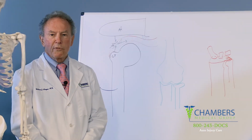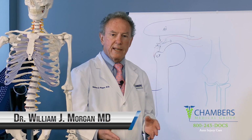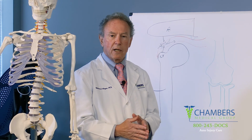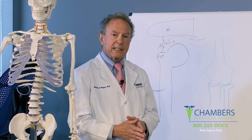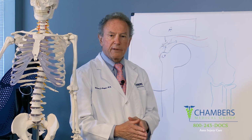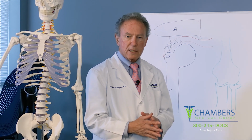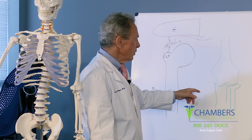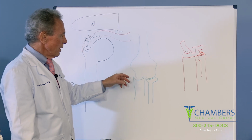And now we'll move forward to the elbow. Everybody has a relative or has had it themselves, an entity called tennis elbow or golfer's elbow. And what that is, is an inflammation of some of the tendon origins of muscles in your forearm, and I'll explain that to you. This would be a picture of an elbow and the elbow is called a